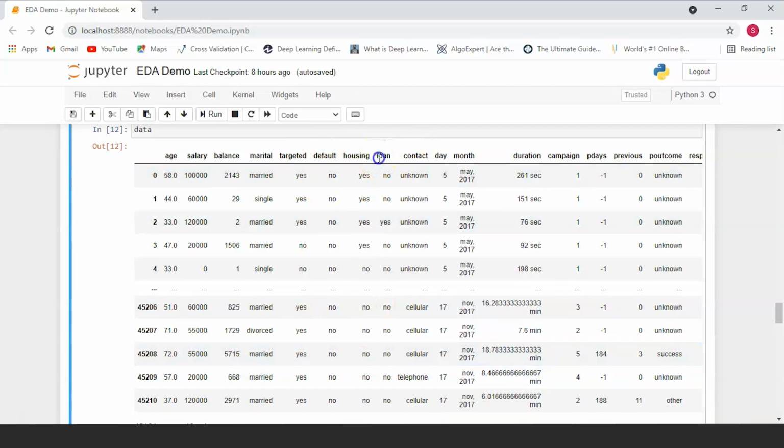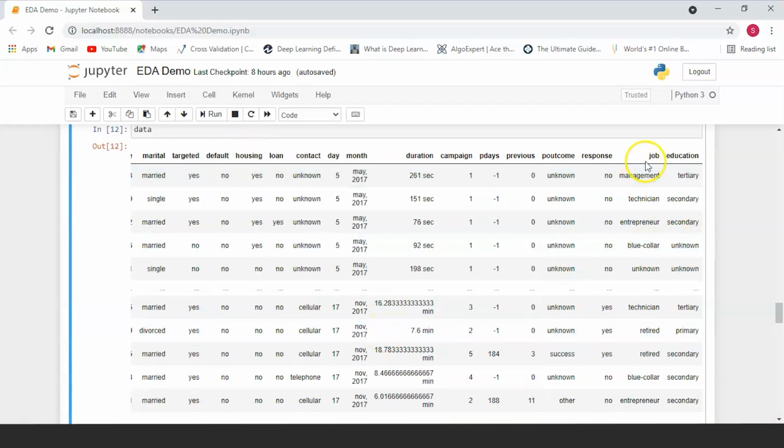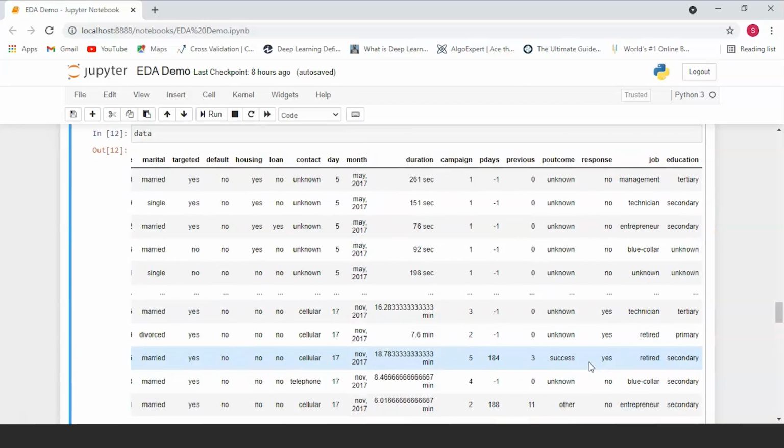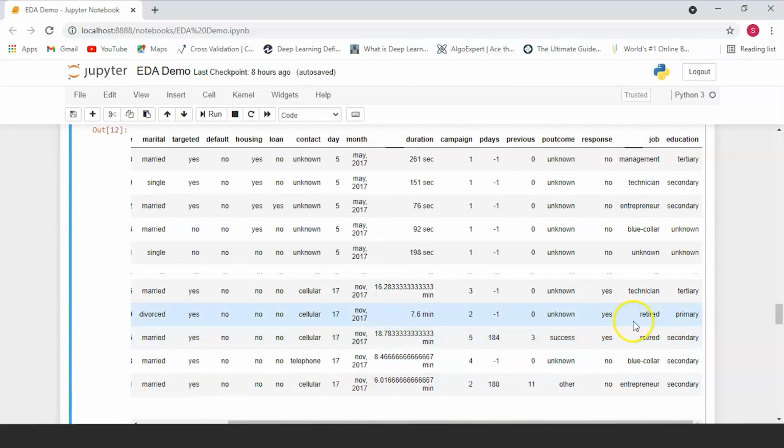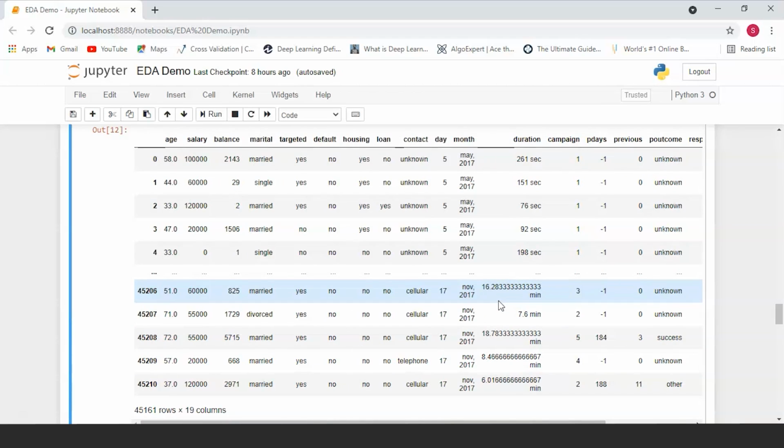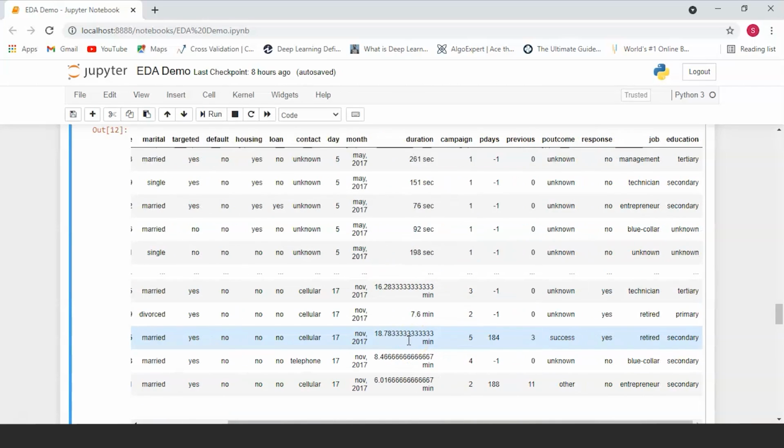Same will go for housing and loans, but a lot of different columns, like in this case of marital status, or in the case of job and education, they'll have varying values and they'll have a lot of different values. So these are the columns which might look interesting to you, and these are columns which you might want to further explore. So in exploratory data analysis, a lot of it is intuitive.